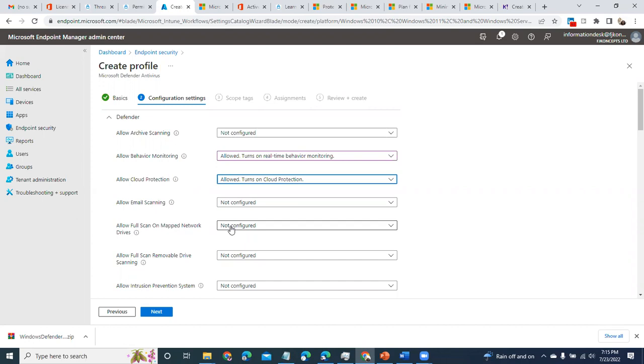You also might not want to do this if you have already configured prevention of bilateral communication, or if your file server already has an antivirus running on it that is going to be scanning, so you don't want to impact it, because by default, everybody's connected to that network. So you can imagine if you enable this, I'm scanning the network drive, you're scanning the network drive, we're scanning the same network drive, we're going to have impact. So in this instance, we say not configured.